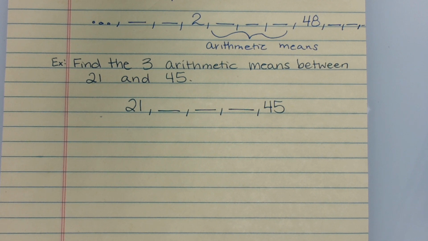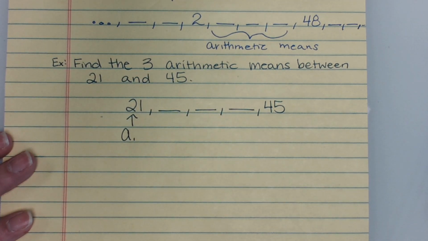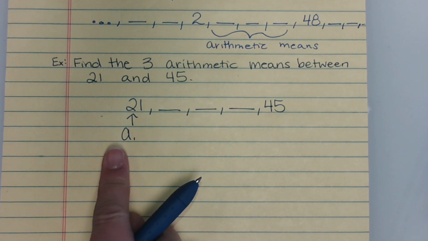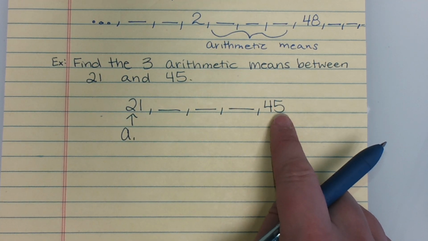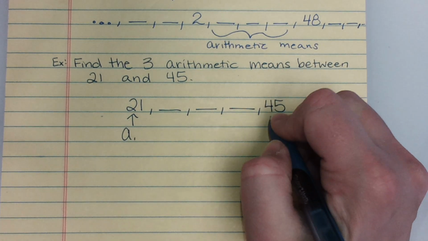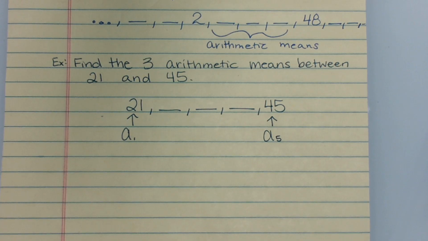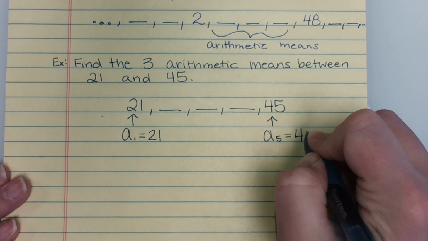If we do not know where they are, we could treat it as if this first term was an a sub 1, which I believe I was asked during this. Can we treat it like the first term? And the answer is yes. And if that is the first term, that is a sub 1, what is this one called? A sub 5. So if a sub 1 is equal to 21, a sub 5 is equal to 45,